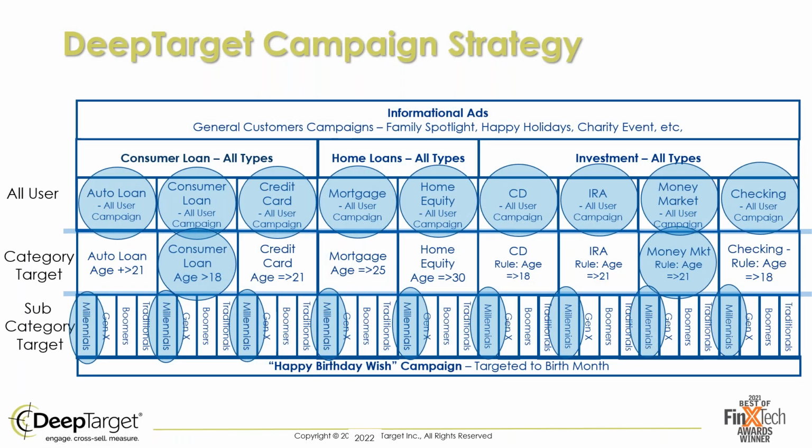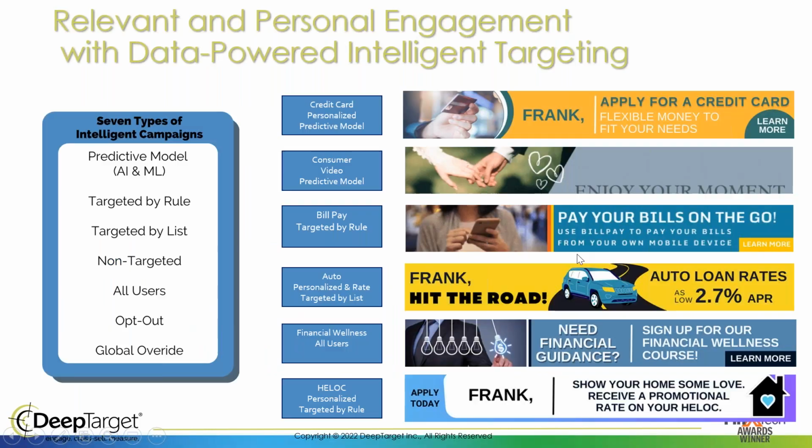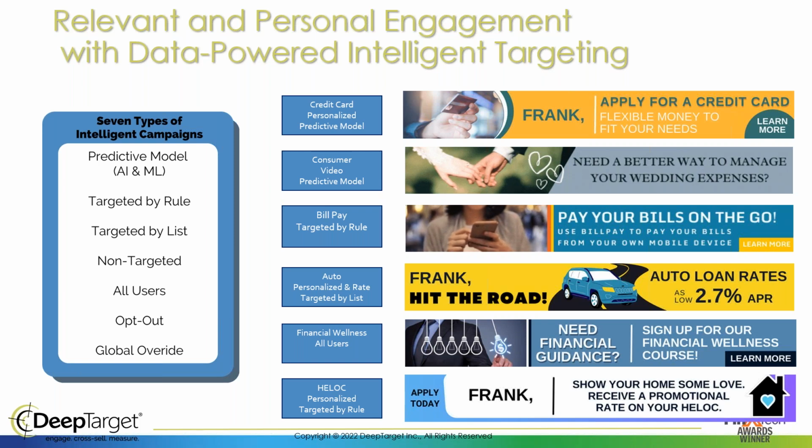As you know, we have a campaign strategy that we lay out. We call it a framework, and we make suggestions about what you place there. This is just an example, to make sure you're aware of that, and that we are constantly reviewing and analyzing it and trying to come up with the best practices to share with you. We launched our predictive model, our AI machine learning targeting campaign, well over a year ago, almost a year and a half, and it's been phenomenal in its results.